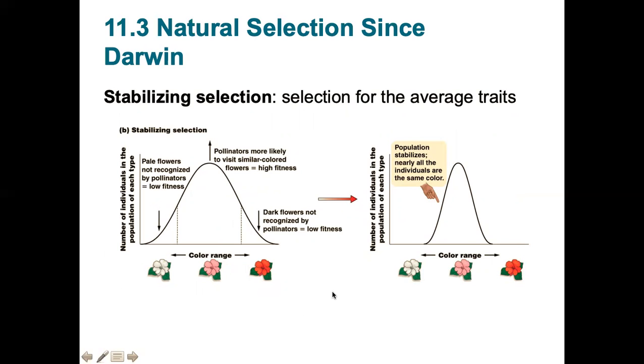So I guess I don't know, in the case of birds, maybe plumage color could be a stabilizing thing. I'm just coming up with examples. Don't hold me to this, but having a wide different color of feathers. The really bright ones are going to get picked up by predators and the really dark ones are going to show up in snow. So if you're kind of brown and boring, you're right in the middle. And so natural selection might cause your population to end up being almost all just brown and boring.